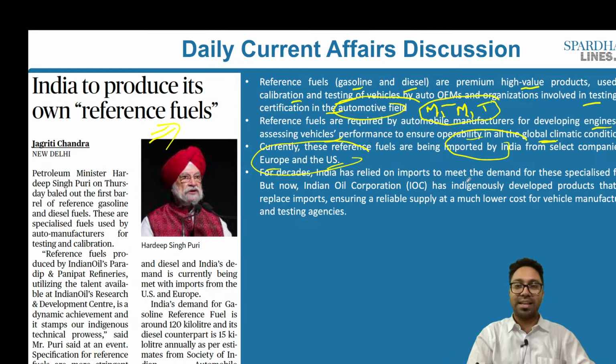So for decades, India has relied on imports to meet the demand for these specialized fuels, but now Indian Oil Corporation has indigenously developed products that will replace imports, ensuring a reliable supply at much lower cost for vehicle manufacturers and testing agencies. Further, when we look at this,